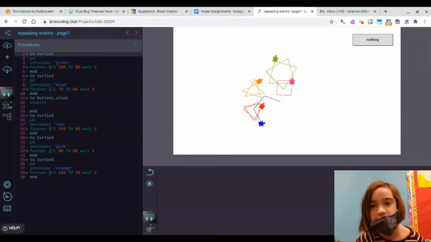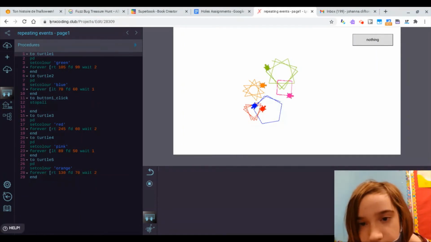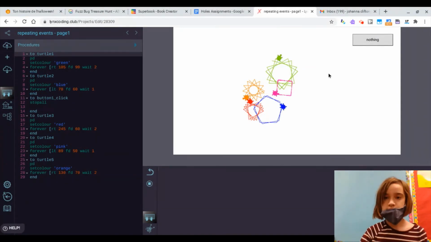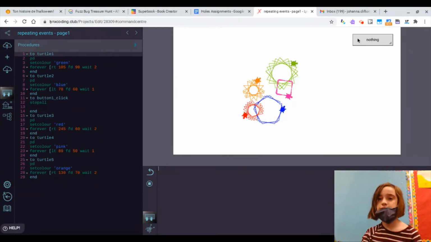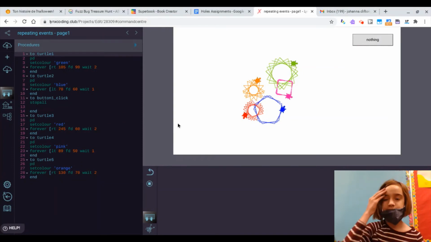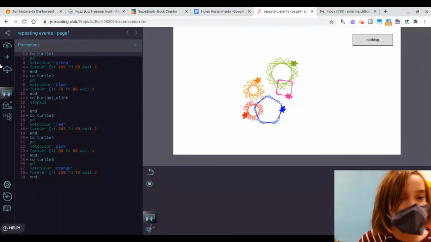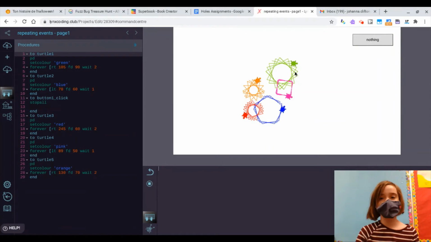So you can see how they're working. I'm going to let it run for a little bit. This should be good. And now I'm going to show you how it works. So you can alter a lot of things with this to make it your own, but I'm just going to show you the concept. So basically, to make it create a line, you're going to use the pen down command